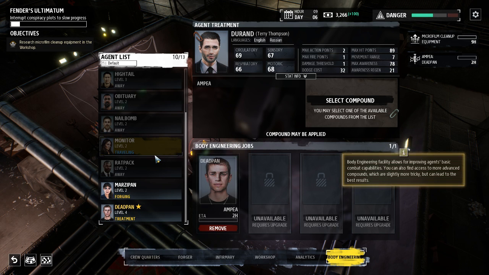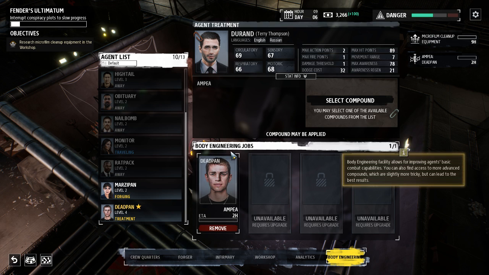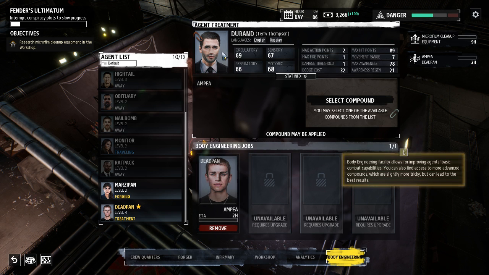Later on in the game, you should be able to discover something that is called clear body. So it will clear all the compounds from the body of the agent, and then you'll have to start over. It's a reset if you want. It just costs money, and later on money should not be that much of a problem. Okay, so